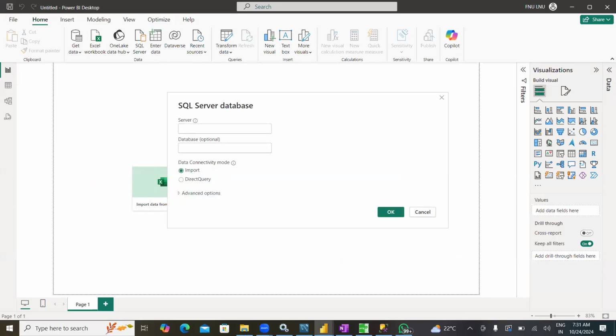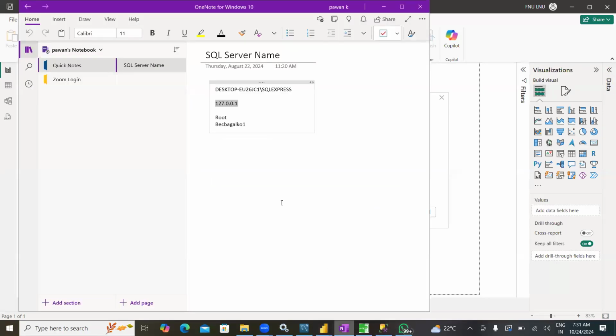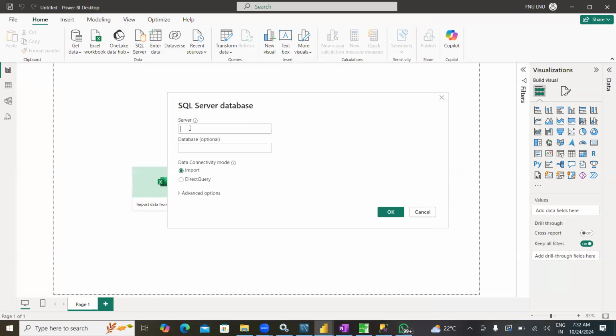As usual, I need to enter the server name. So the server name is this, the SQL Server name. It will be different for your case. And the database name is Adventure